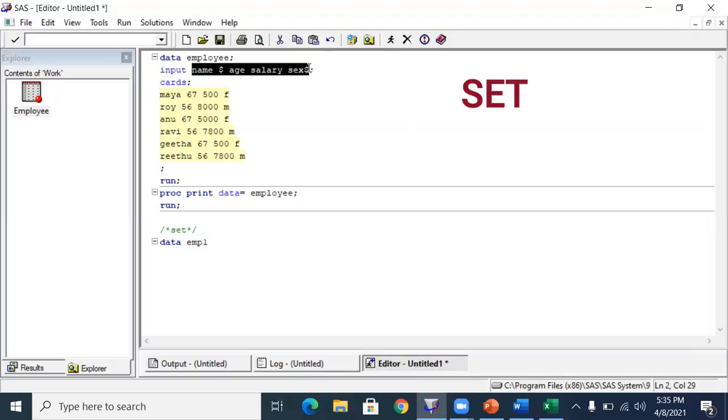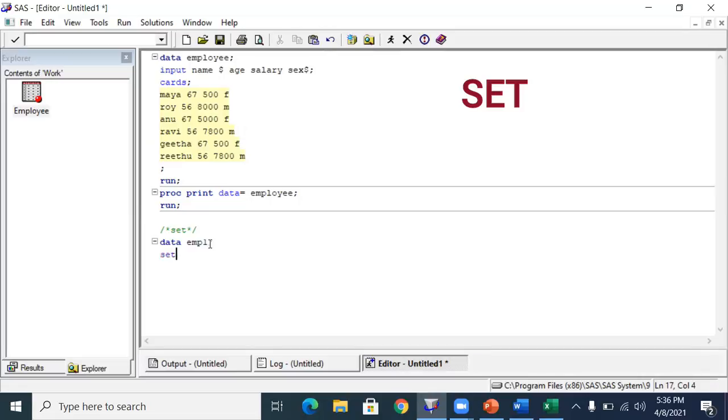You are not supposed to start with numbers. You can start only with letters and underscore. You are not supposed to give a space in the data set name or variable name; you can cover up the space with an underscore. The maximum number of characters you can use is 32. Remember this one. Anyway, I'll be sending you the notes and study materials, so don't worry. So, data EMP1.